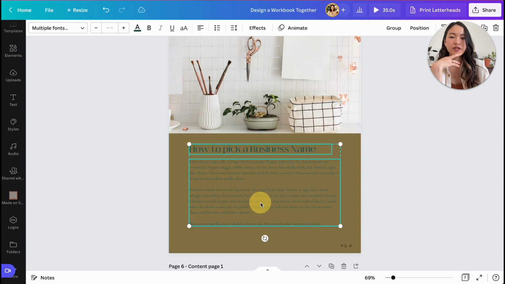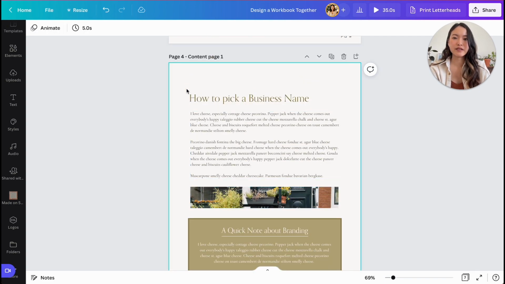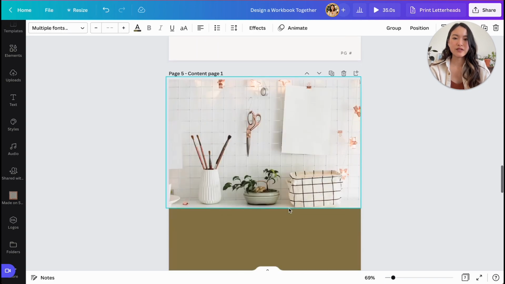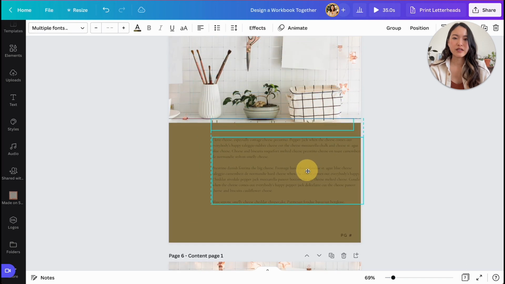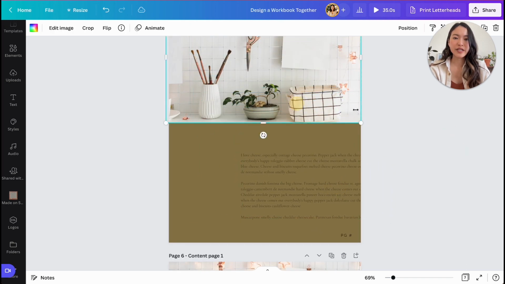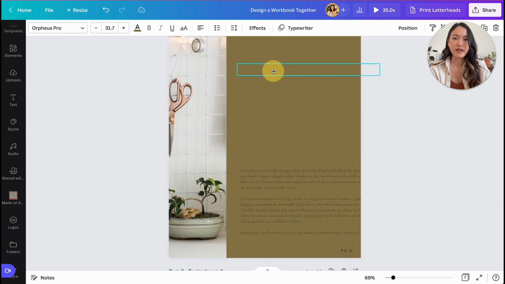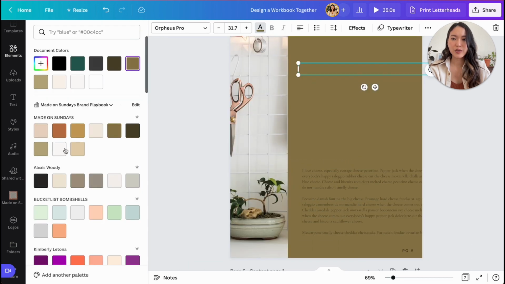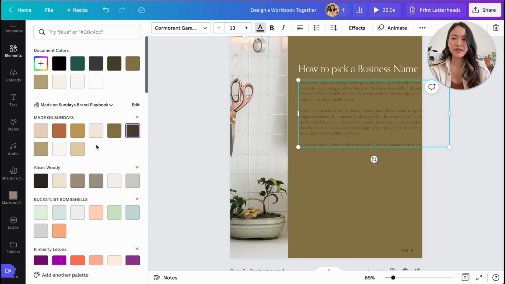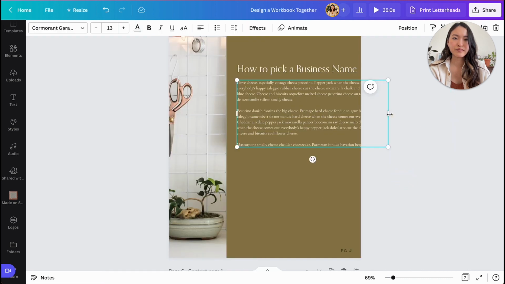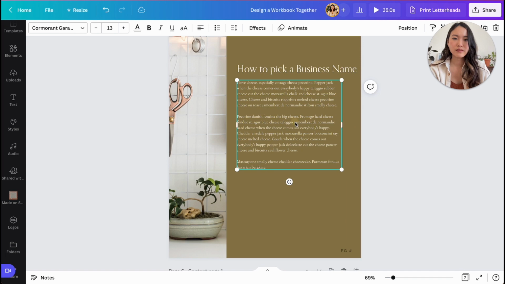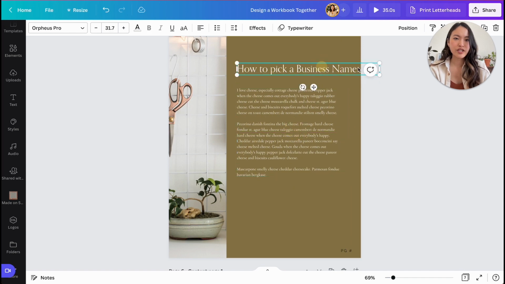And then I'm going to again copy these styles over here. And then for this page, I'm actually going to have an image like this here. And then I'm going to change these to white so you can see them. Just change up the look of it, right? So let's name this